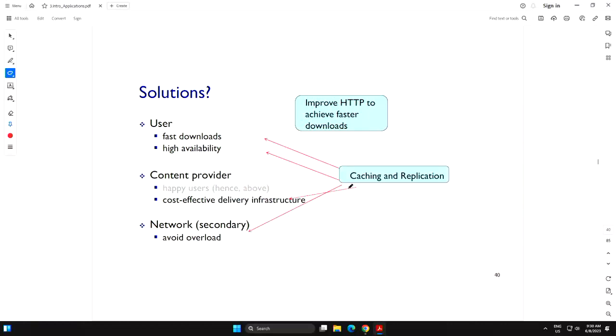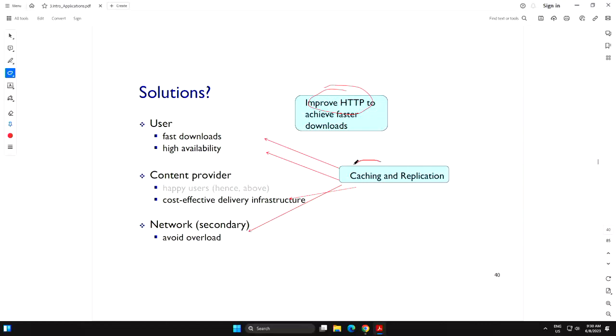And as you can see, if you improve the protocol, HTTP, which will be the focus of today's lecture, then you can achieve faster downloads. And we'll show you how much faster it can become by adopting some of the protocol improvements standardized today.